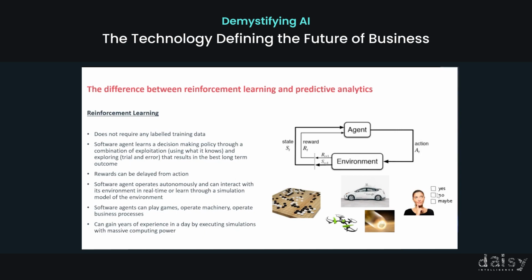Typically, the agent is completely autonomous in this. It's a setup where there doesn't have to be a human in the loop; this can be done autonomously. You can set a system up and simulate, and you can learn about the environment in real time by interacting with it, like a robot learning how to walk. You can do that in real time and measure that success, or you can plan offline. When you plan offline and simulate, you can learn faster than the pace of time, because I can simulate 100 million years of trying to play the game of AlphaGo in 1 hour if I have the computing time to do that.